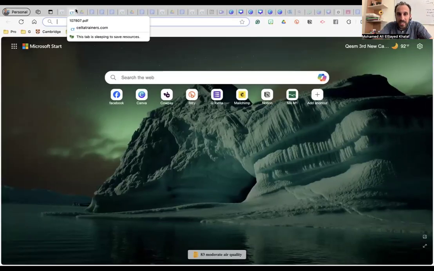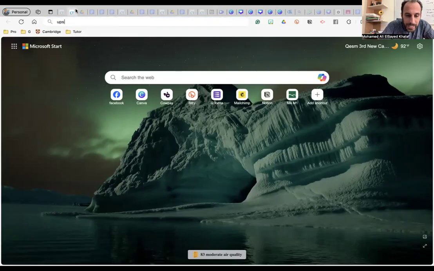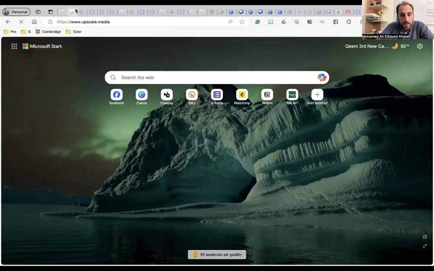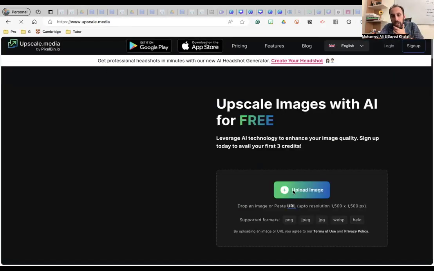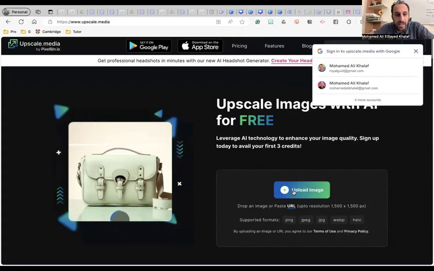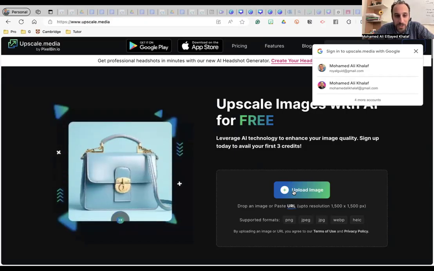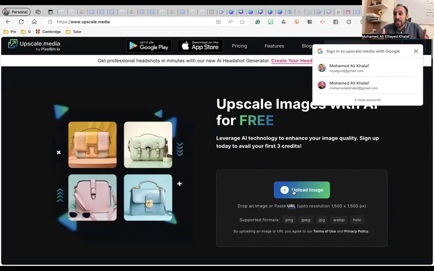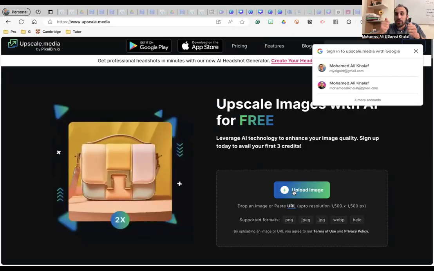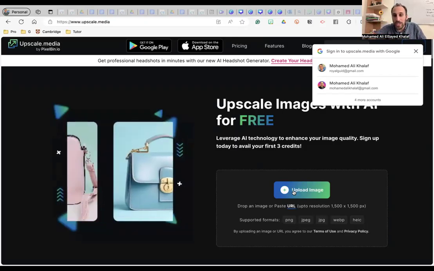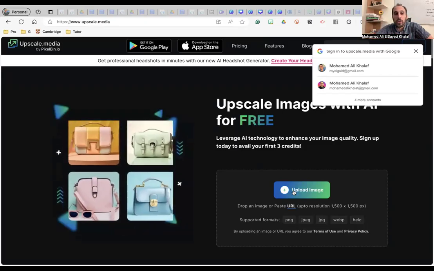If the image is not clear, if the book is old, upscale, and it's for free. .media. You upload the image here, and it will generate a better image for you. You can use it for your pictures as well. If you have a picture that is not really good, somebody took it for you and it was blurry a little bit, you can upload it to the website and it will improve the quality for you.